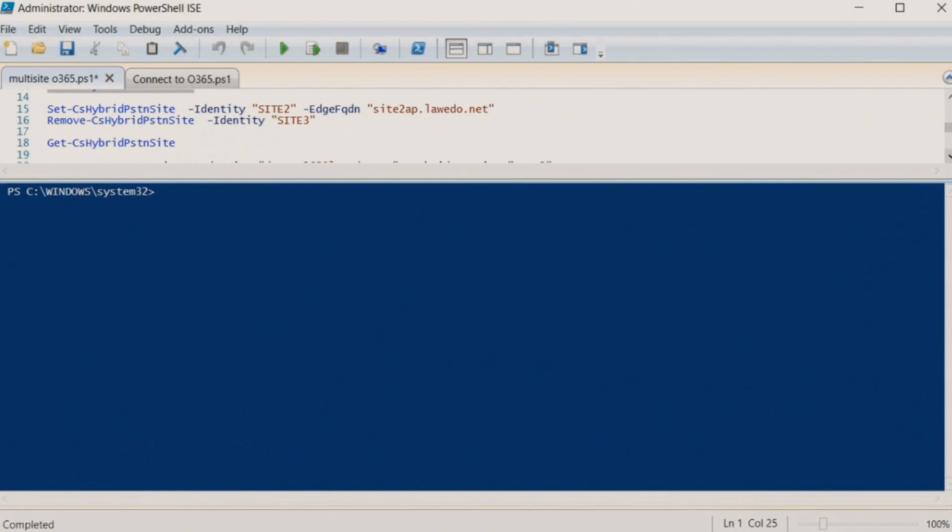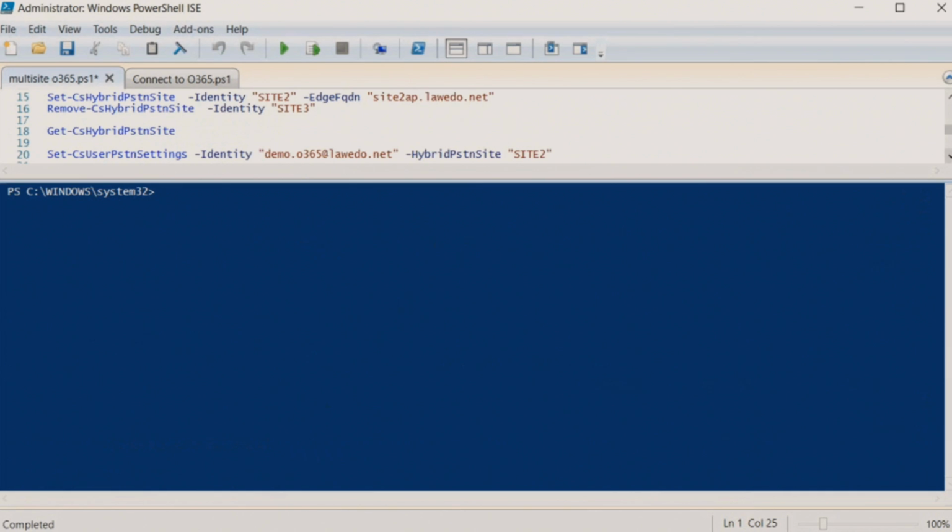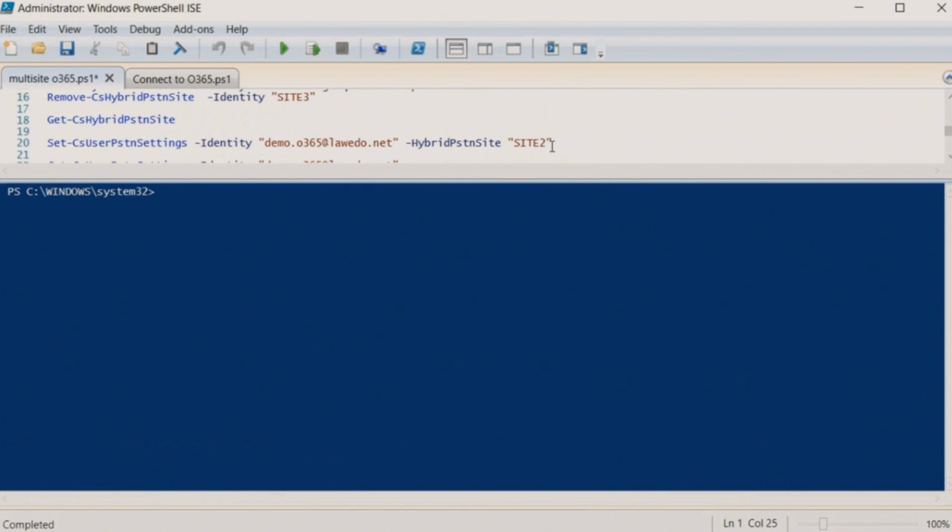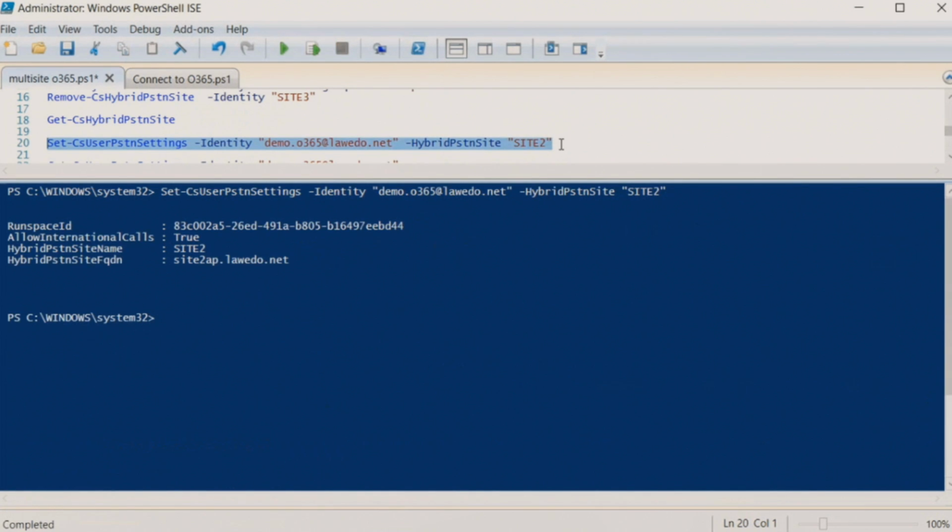Now, how do we assign that site to a user? Use the user PSTN setting with the site name. It's quite easy. Hybrid PSTN site.